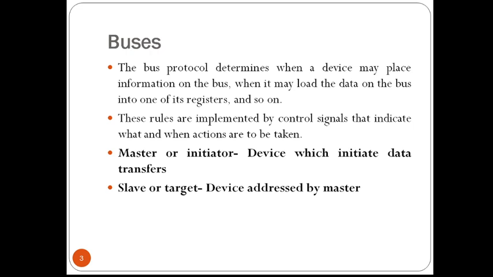It specifies read when it is set to 1 and it specifies write when it is set to 0. That is why the bar is written over the W. If it is 1, it indicates read. If it is W bar, that means if it is write, it will be set to 0. When several operand sizes are possible, such as a byte, a word or a long word, the required size of data will be indicated onto the bus.